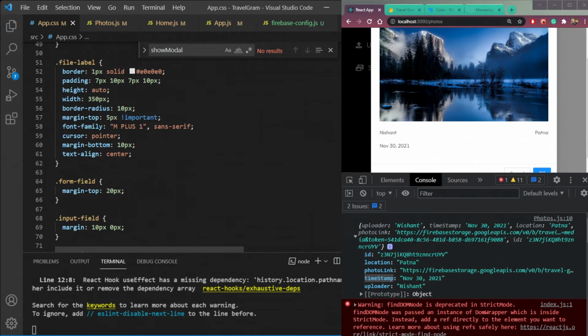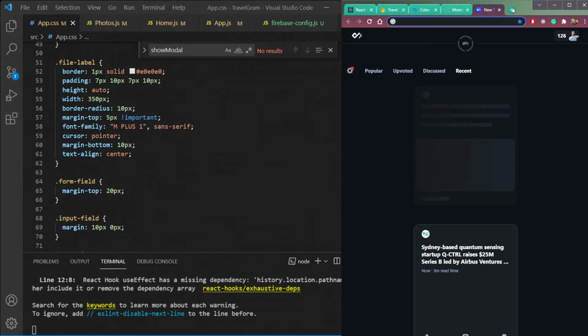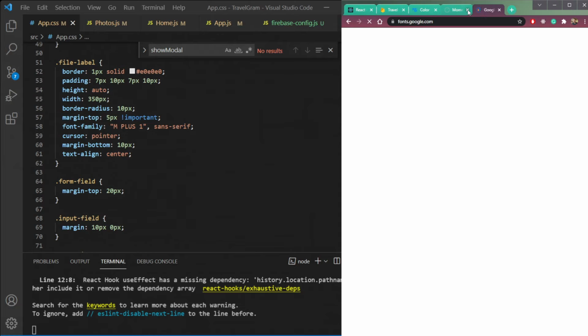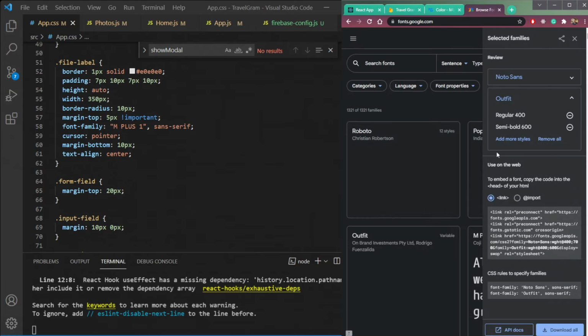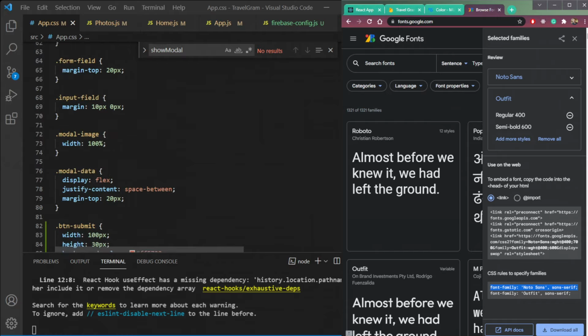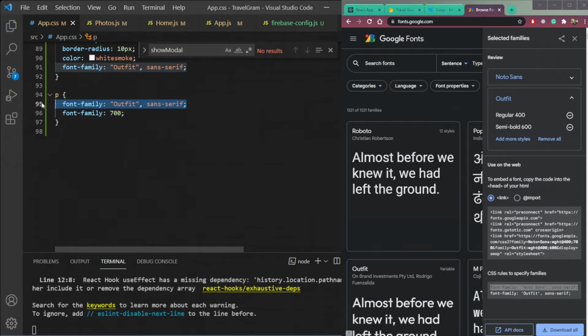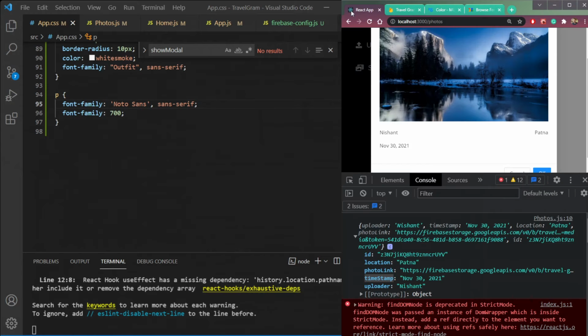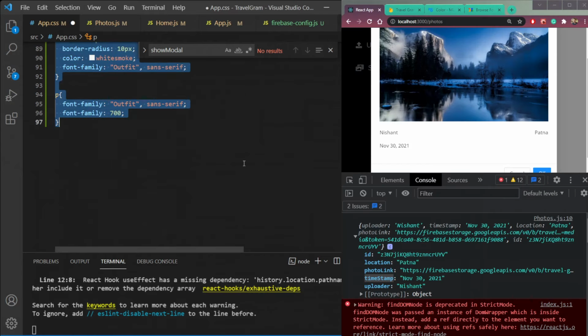So let me open fonts.google.com, and we have these two font families here already. So we can just use this Noto Sans. No, not here. Okay.